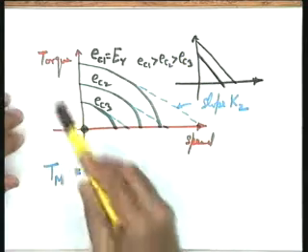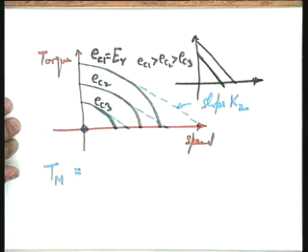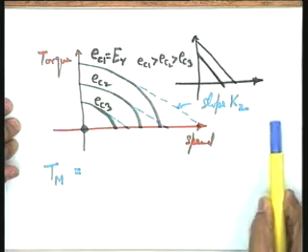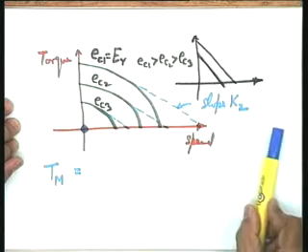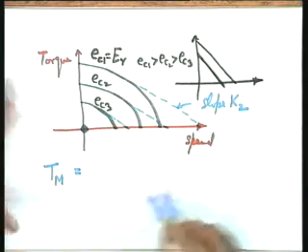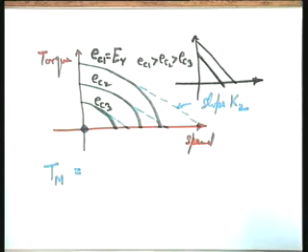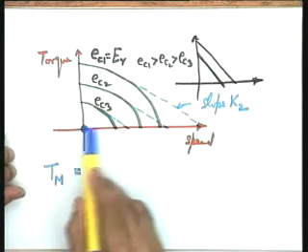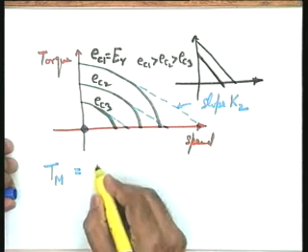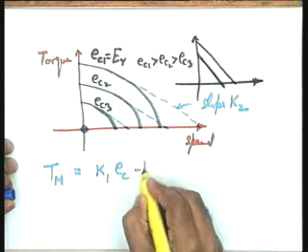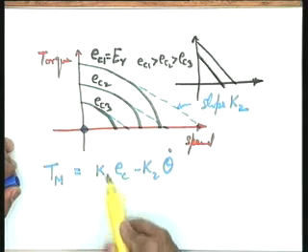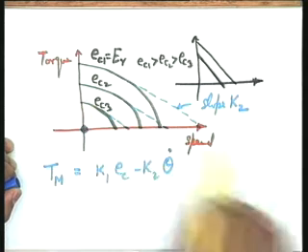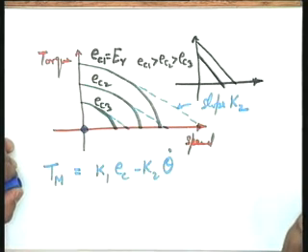So it means the torque is going to be a function of the control voltage and the speed. When the control voltage increases, the torque increases. When the speed increases, the torque decreases, and hence as a perturbation model, mind the statement, a perturbation model means that in this region around the equilibrium point, I can write the equation as K1 EC minus K2 theta dot, where theta dot is the position. Okay? K1 EC corresponds to the control voltage, and K2 theta dot corresponds to the speed torque relationship.